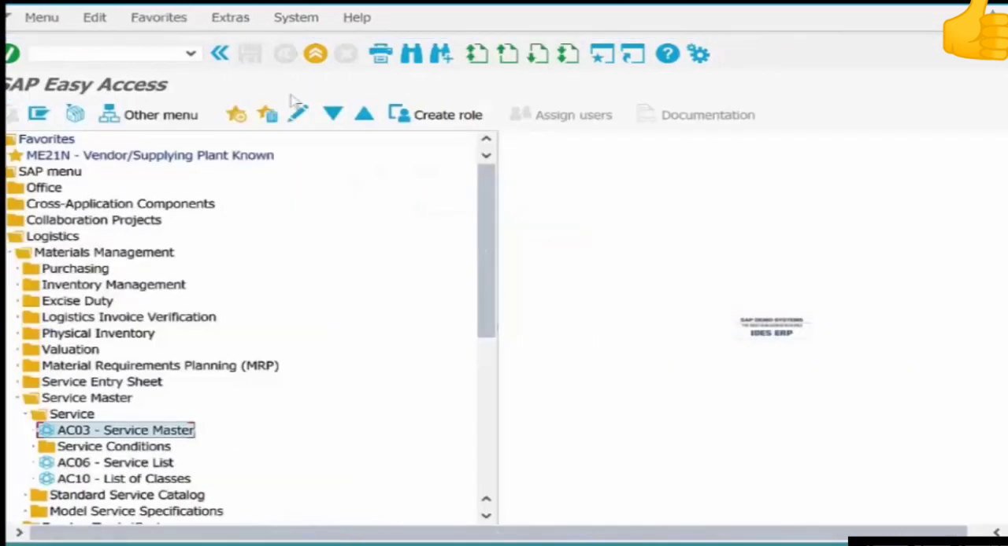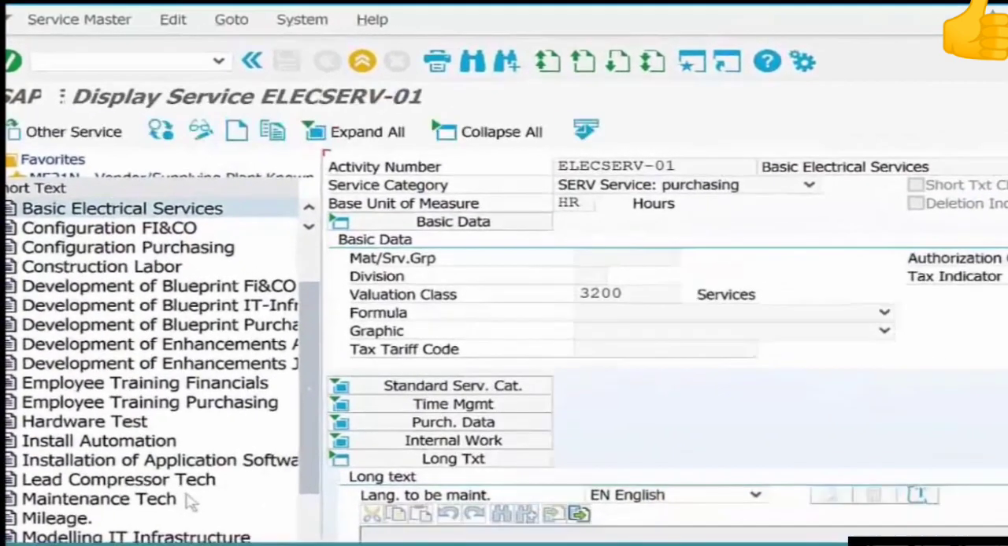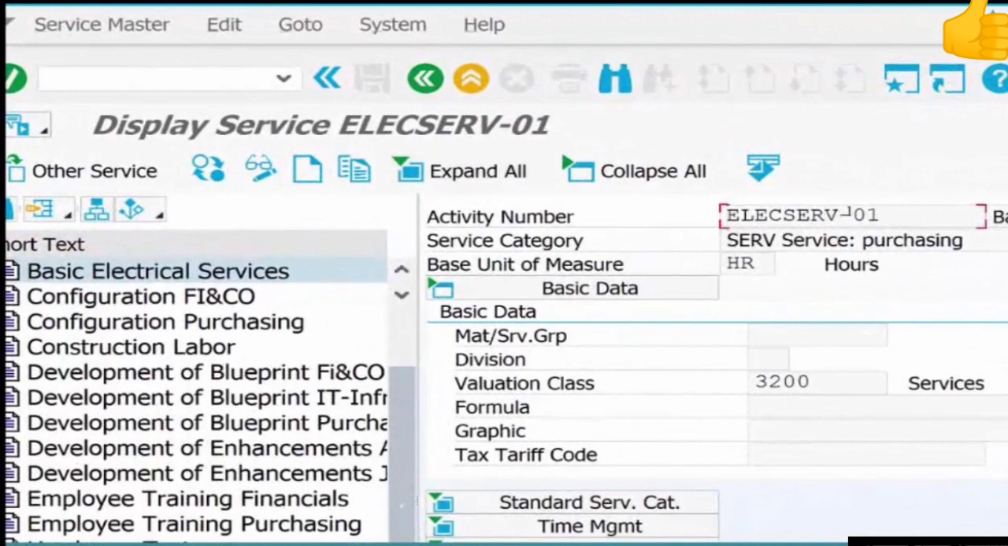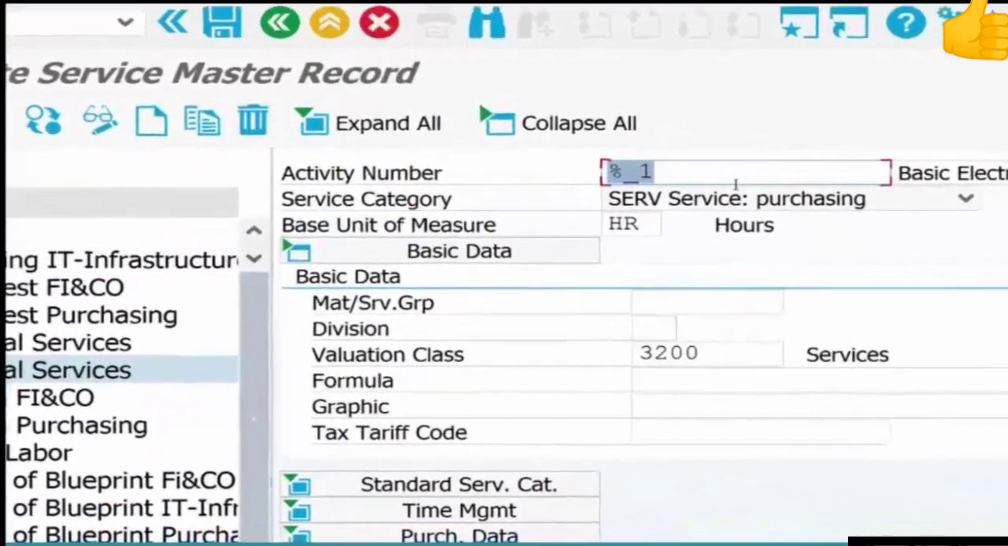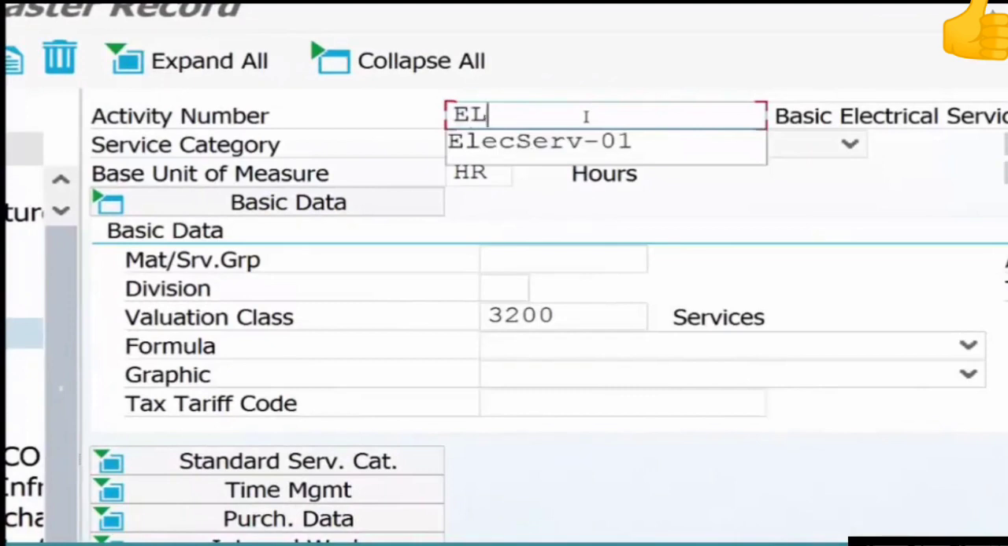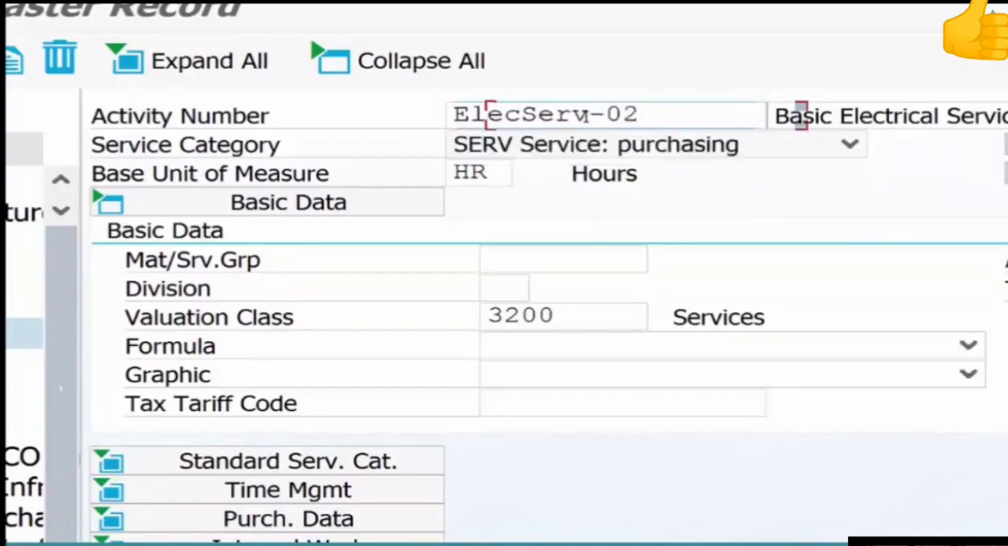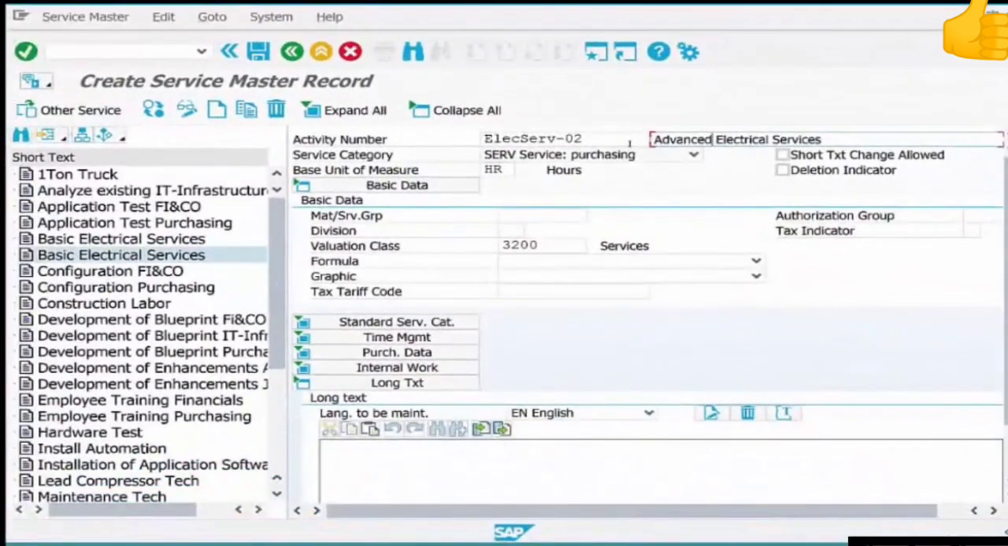Let's say we want to create additional services like the advanced service or the labor service. It's really easy to do them. Once again, go to service master and select the material that you have created already. Click on copy and create the advanced service material. So it's not basic, but this is advanced. Advanced electric services, and everything else remains the same. The price is different, right? So save that,